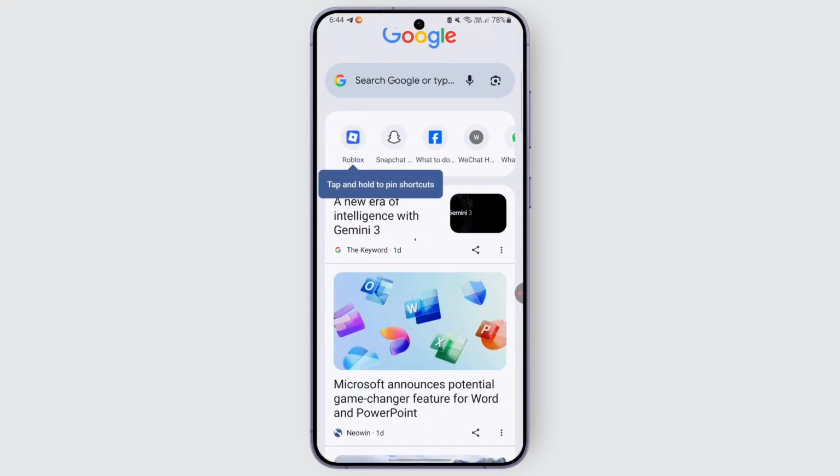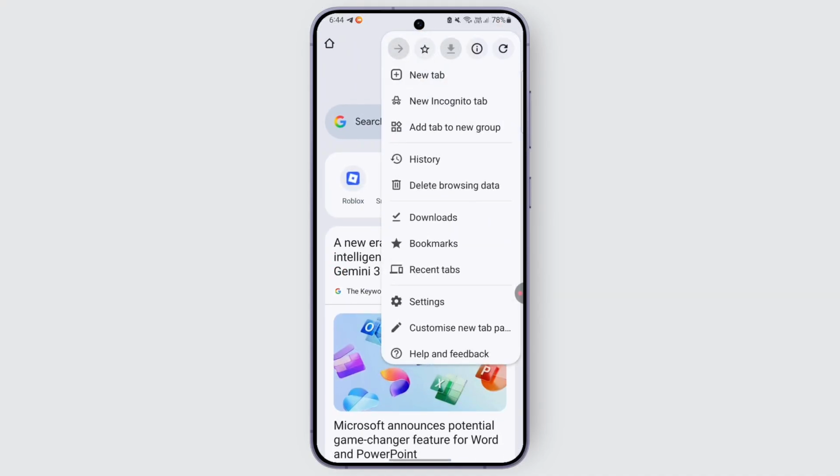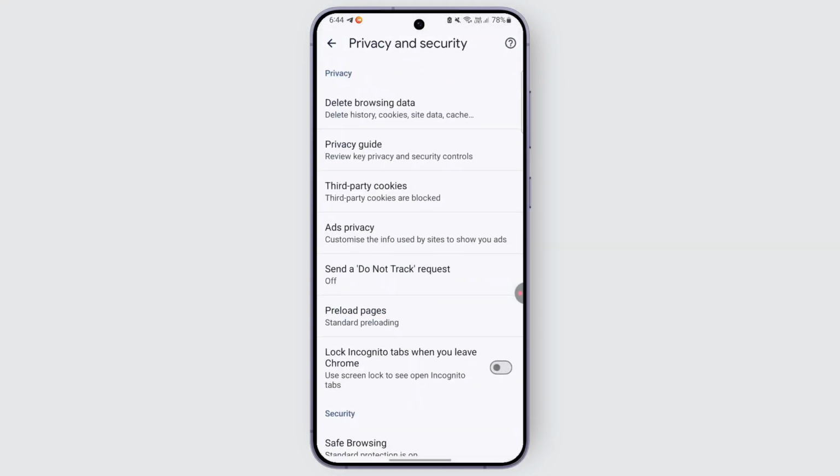And once you access your Chrome application, you can look out for the three dot in the top right corner and select it. And then once you select it, go ahead and access your Chrome settings. After you access your Chrome settings, what you need to do is scroll down or look out for the option of privacy, safety, or security and tap on it. And once you tap on it, there you'll be finding option to clear the browsing data. So tap on it